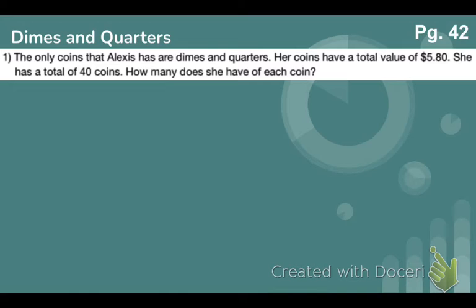So what do we know in this problem? What do we see? We see that she has dimes and quarters. She has a total value of $5.80, and she has 40 total coins. So you can set up two equations for it. You can set up an equation for how many coins she has and how much money she actually has. And you can use two different variables like D and Q for that. And you know, a dime is 10 cents, so 10 D, and 0.10 D and 0.25 Q equals